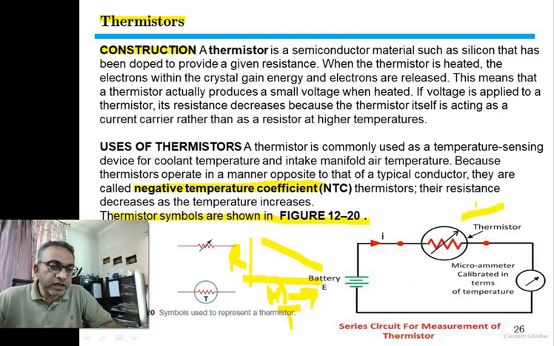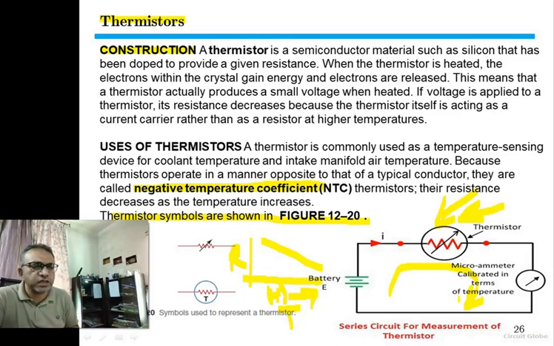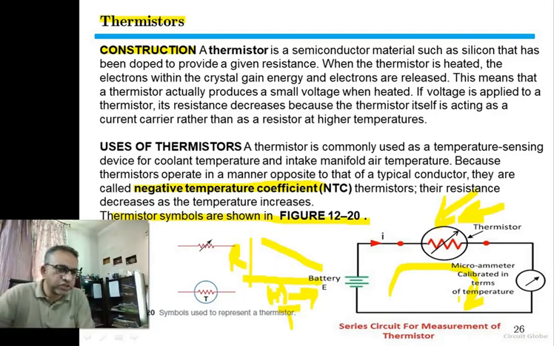We provide heat, or a high temperature, to the thermistor, and we will observe that as we increase the temperature, more and more current will pass through the thermistor. So this means that as the temperature of the thermistor is increasing, the resistance decreases, and as the resistance decreases, more and more current passes through the ampere meter, and the ampere meter will shift to demonstrate a large current value.